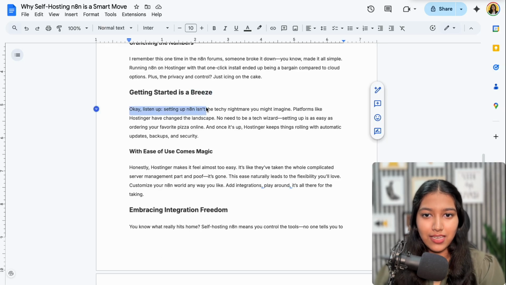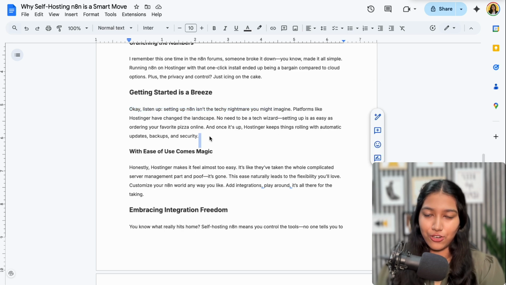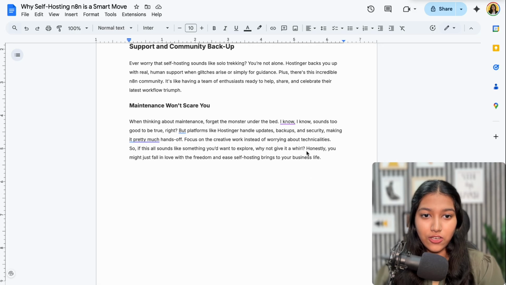Okay, listen up. Setting up n8n isn't the techie nightmare you might imagine. Platforms like Hostinger have changed the landscape. No need to be a tech wizard. Setting up is as easy as ordering your favorite pizza online. And once it's up, Hostinger keeps things rolling with automatic updates, backups, and security. The last line is honestly, you might just fall in love with the freedom and ease self hosting brings to